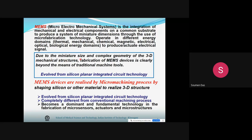Due to the miniature size and the complex geometry of the 3D mechanical structure, fabrication of MEMS devices is clearly beyond the means of traditional machine tools. This is another aspect. Traditional machine tools, in the mechanical department, we know the lathe machine, the cutting machine and all. These are the traditional or conventional machining processes where we can get a mechanical device, a cantilever, a membrane, a gear, anything, through the lathe machine